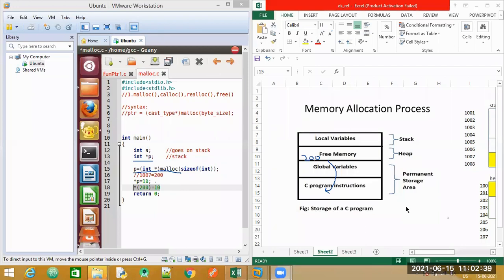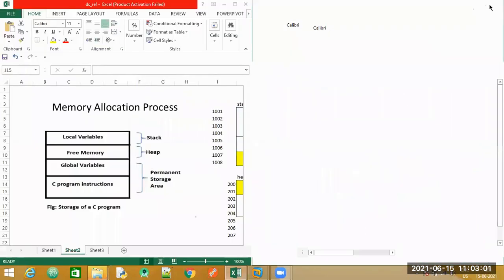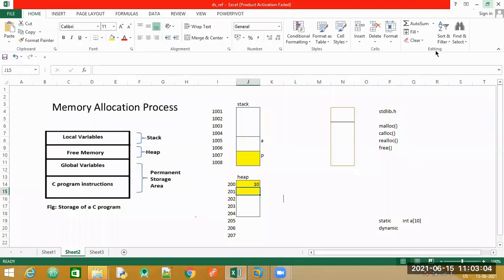Okay, we'll start once again, all of you. From the very beginning, I will explain everything. Pay attention to this. Clear all the annotations here. Okay, let's start from the very first thing. All of you, pay attention now properly. I'm repeating everything. Today we are going to talk about memory allocation methods.